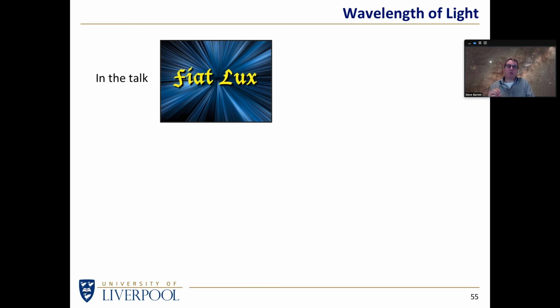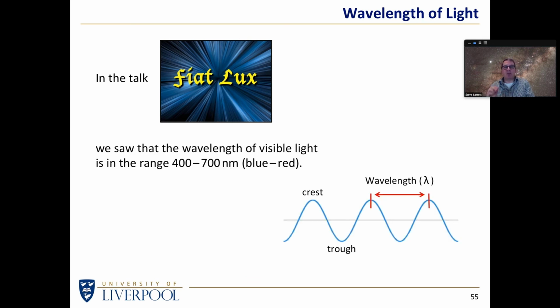So back in the talk Fiat Lux, we talked about measuring the wavelength of light. I measured the wavelength of red light and found that it was approximately 700 nanometers. And using a diffraction grating, we can see that the blue end of the spectrum is about half of the wavelength of the red end of the spectrum. So that tells us the wavelengths of visible light run from approximately 400 to 700 nanometers, a nanometer being 1/1000th